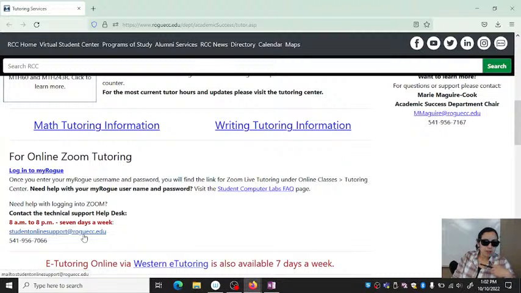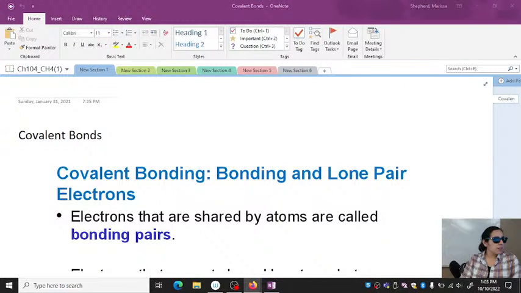You can always email, and you can also maybe email Kevin Colhane directly. If you still have issues, just let me know, and I can give you Kevin Colhane's contact information. But he would be the one that you want to contact for tutoring online. And then, of course, I'm available, so just make an appointment. I'm usually available before or after class, unless I have another class, but I'll try to squeeze you in. You can come to my lab, even my 221 lab. If you have questions, just stop by and see me.